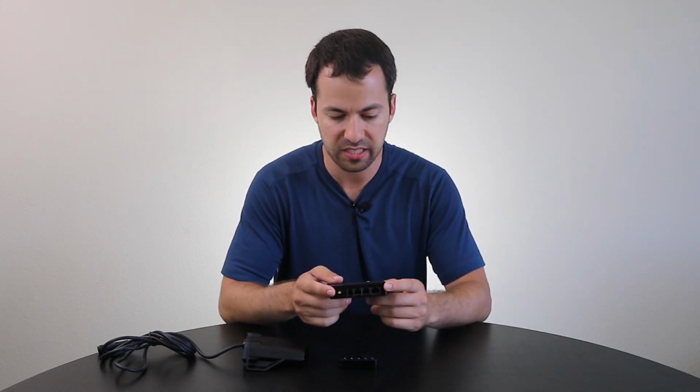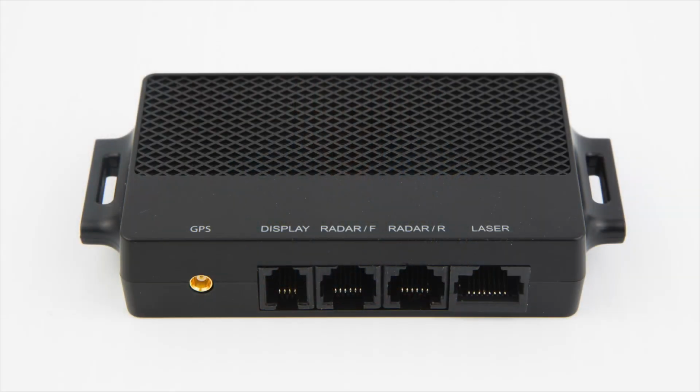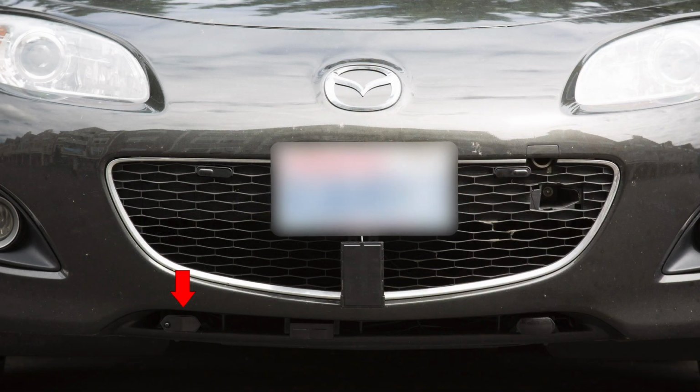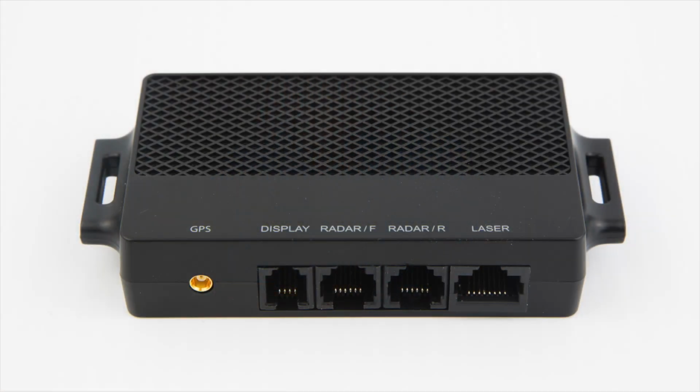Now, what's special about this guy is a number of things. If we take a close look at it here, you see we've got a number of different ports, but one of the things that I want to point out is you see it supports not only 1, but 2 radar detectors, both a front and rear radar detector. So, yes, arrows are coming. You're going to be able to plug in both a front and a rear antenna. I actually have an HD Plus in my car already. Here's a second one, so I'm going to be able to plug in the second one into my car, and now I've got arrows. This guy is also going to be able to integrate with several different laser jammers,